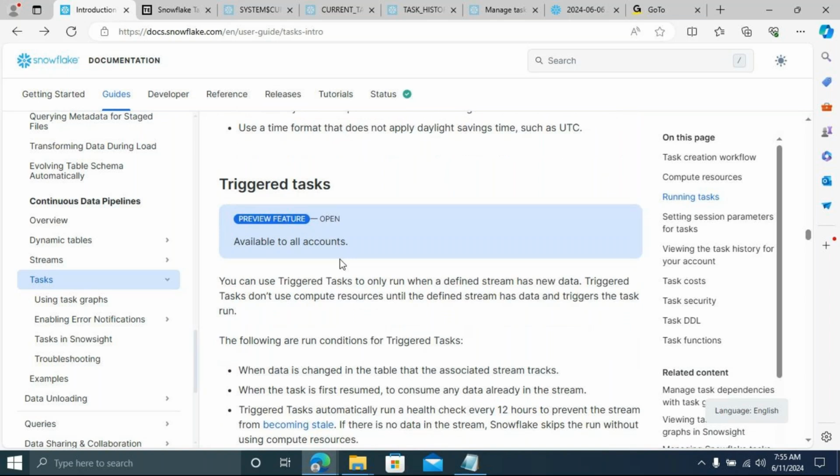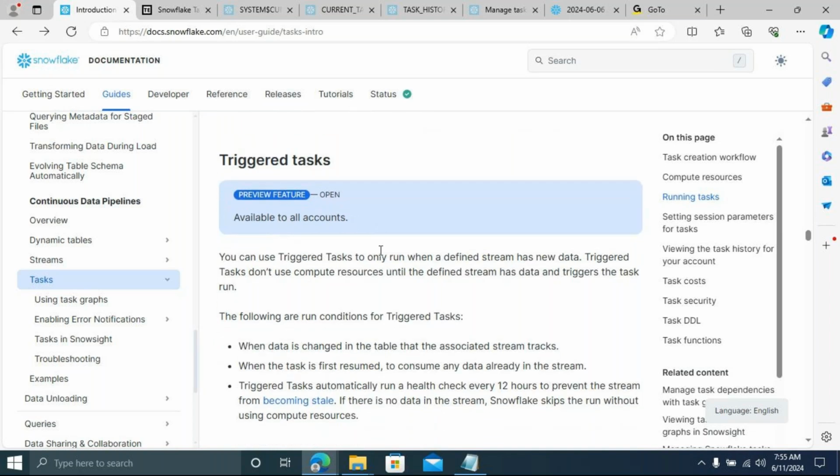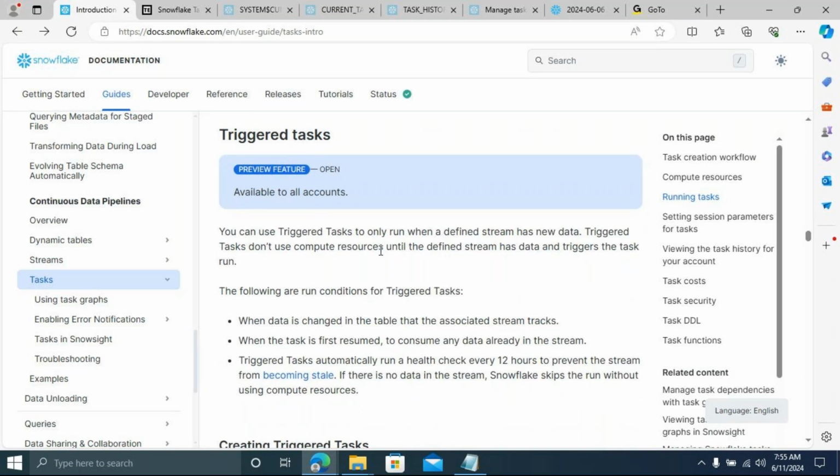It's one of the preview features. For a few months, it's been available in Snowflake. Okay, it's a preview feature, open for all the accounts. What happens? This triggered task is mostly used with streams. In a source table, if any DML operation happens, DML meaning insert, update, or delete, then at that time it will take the delta